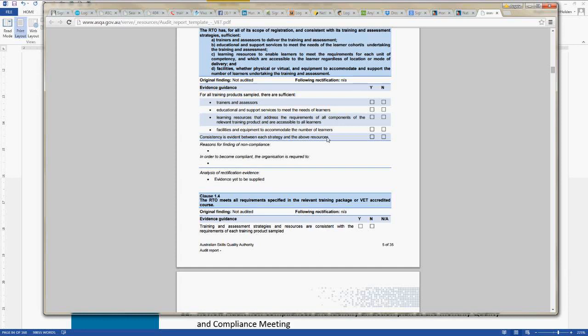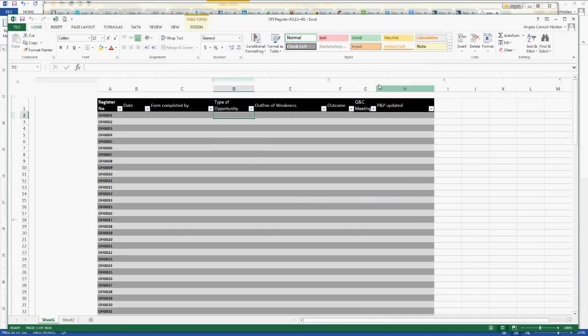For every qualification on your scope, we're going to have a look at 2 units of competency, and that's what ASQA does as well. So we do the same. So with each form, should we keep logs with these forms? Yes, yes, yes, definitely. So that was Harmeen who asked that.